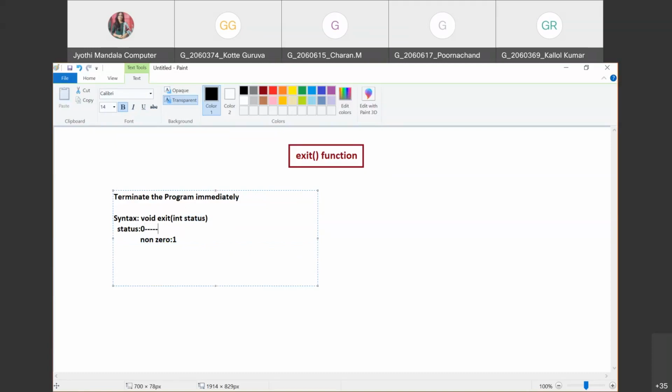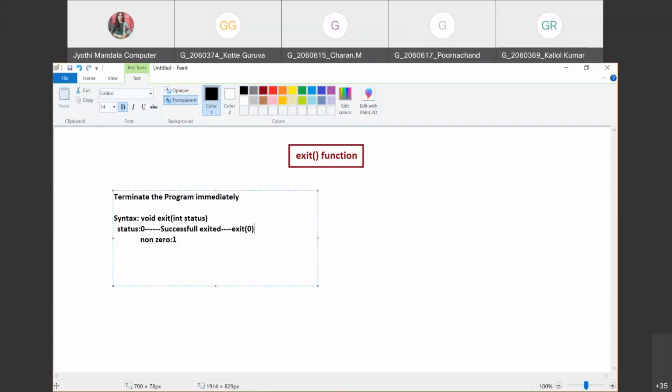Whenever we use the exit function, we are telling the operating system the status of how we are coming out of that program. If you want to tell the operating system that you are coming out of the program successfully, with no errors created and no problem with the execution, that is nothing but a successful exit. Then you can mention, for example, exit 0.